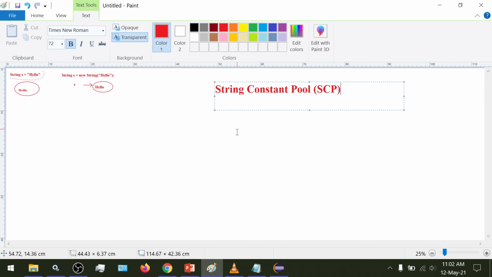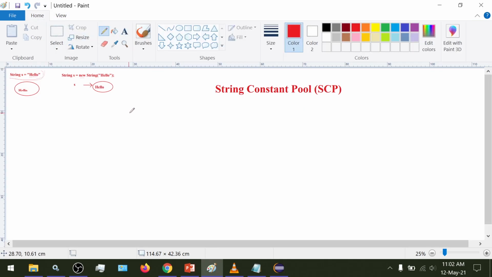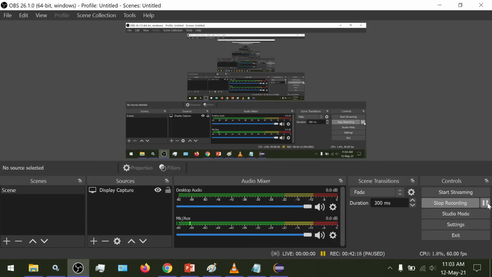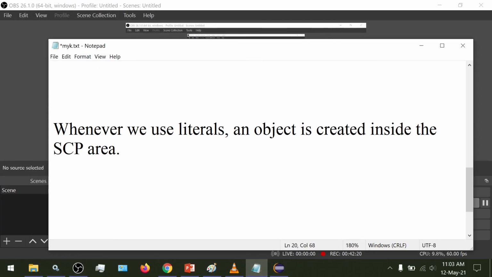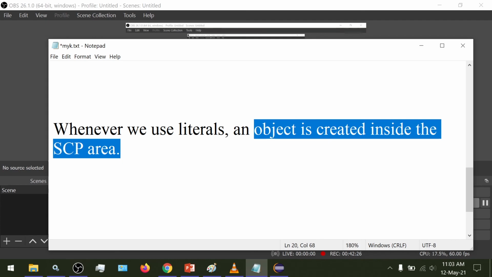So the string constant pool is where all the constant string literals are stored. So we have the literal hello here. So other literals, whatever literals we used in a program, are stored inside the SCP area. So whenever we use string literals, an object is created inside the SCP area.